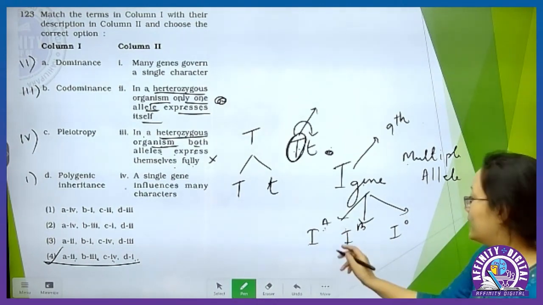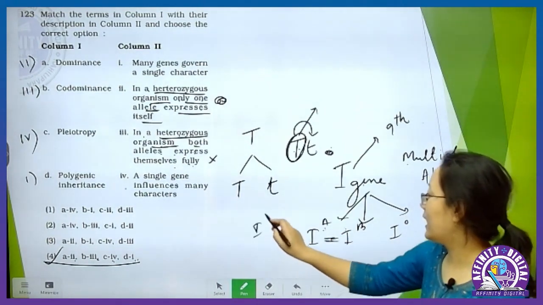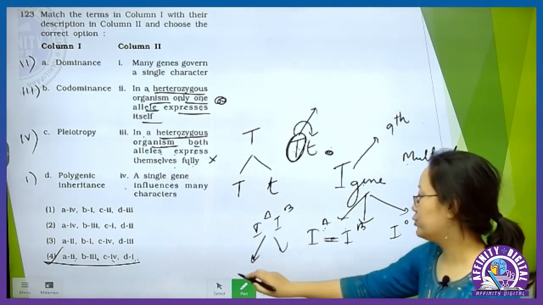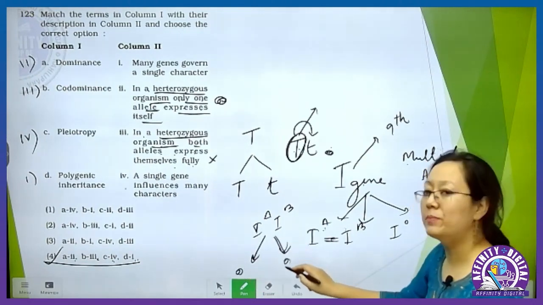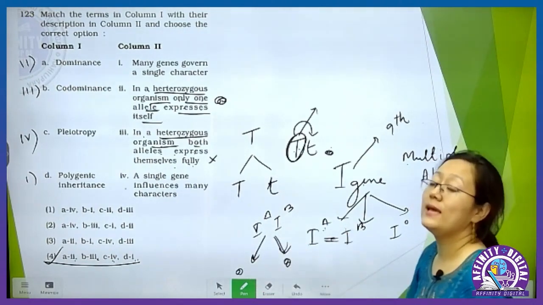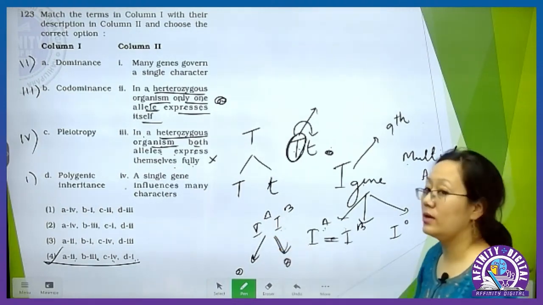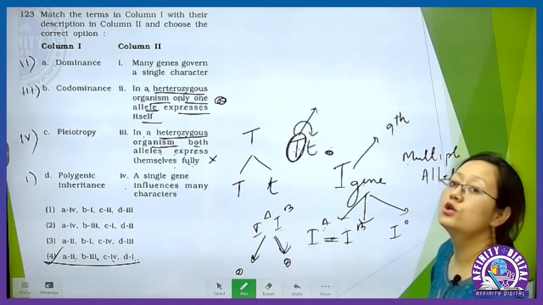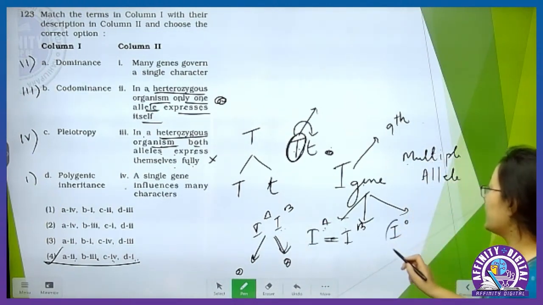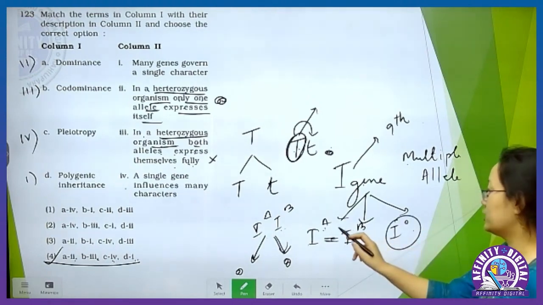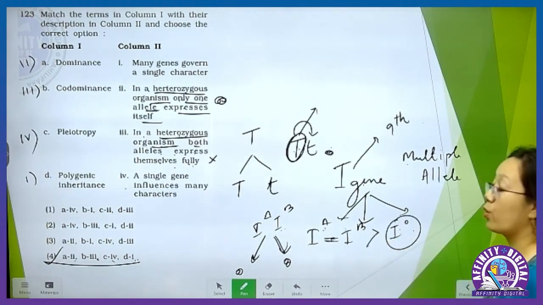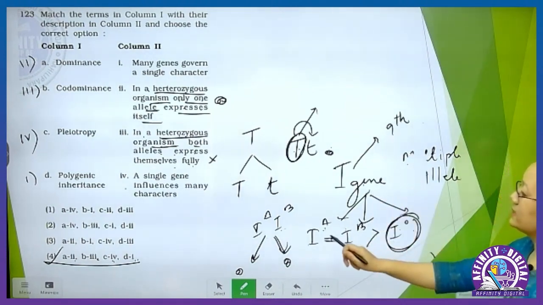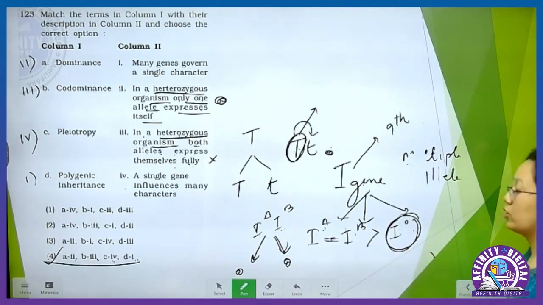So the I gene is an example of multiple alleles, and out of these 3 alleles, IA and IB are codominant alleles. That means when they are together, they will equally express. IA will produce an A antigen, IB will produce a B antigen. So they will equally and independently express. This form of allele is called codominant. They are independent alleles and they express themselves independently when they are together. And IO is a recessive allele. That means these 2 will be dominant over the IO allele. So the I gene is an example of multiple alleles, of codominant alleles, and also an example of dominance.